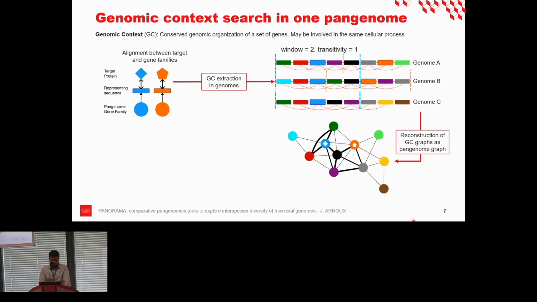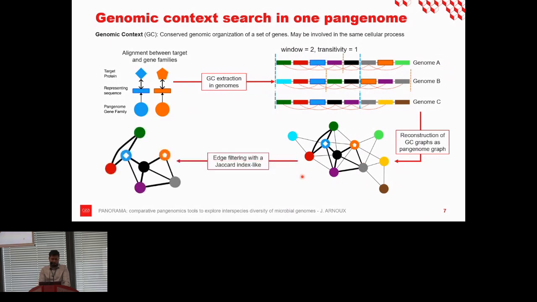But this is not yet a genomic context conserved in the pangenome. We need to filter this graph. For that, we use a Jaccard index, and we keep only the strongest edges,